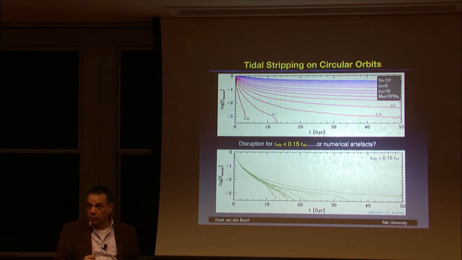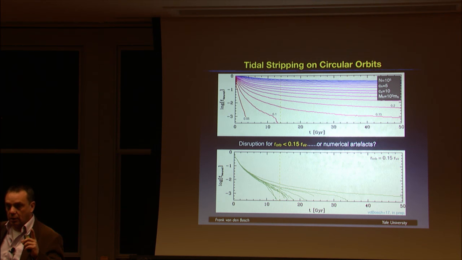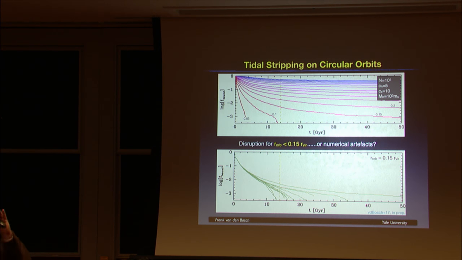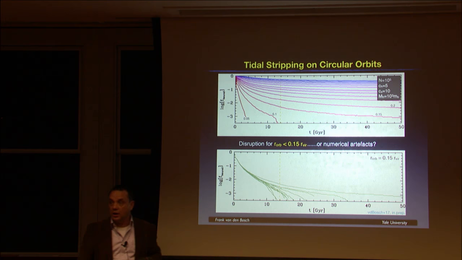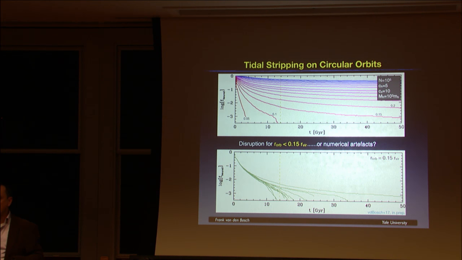Well, here's what I got. 10 different simulations. These have 10 to the 5 particles each. Not 100 or 50 or 1,000, but 100,000 particles each. Here they go. In some cases, this particular case turns out to be an outlier, it survived for 60 gigayears. And in some cases, it just, poof, disrupts after 12 gigayears.